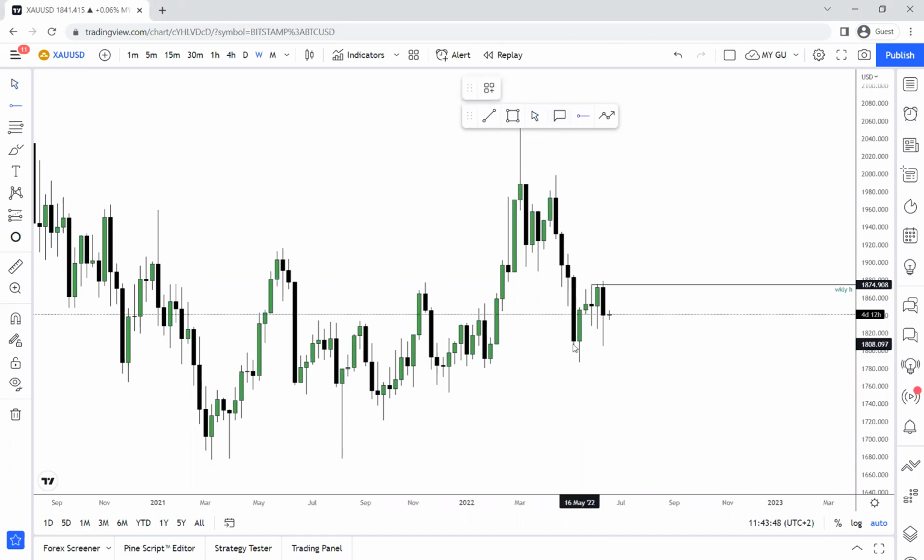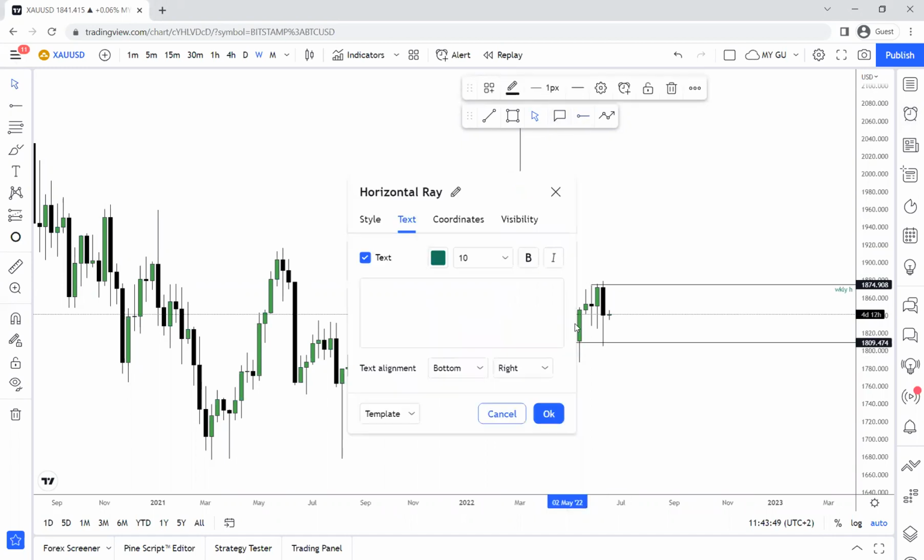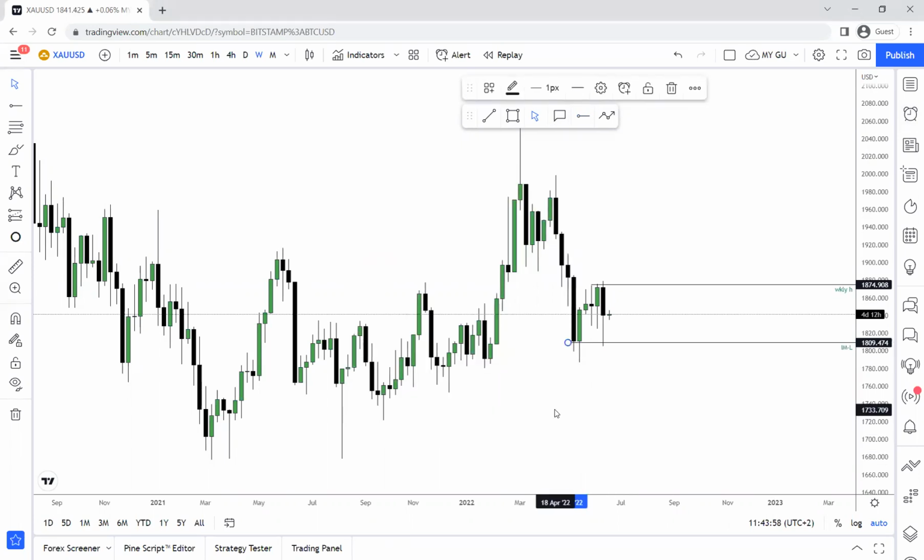For now, we need to put this low. This is an important low, all right? That is an important low. Why is it important? This candle tried going lower, but it put back as well. This candle tried going lower, but it put back as well. So that becomes a very important low.